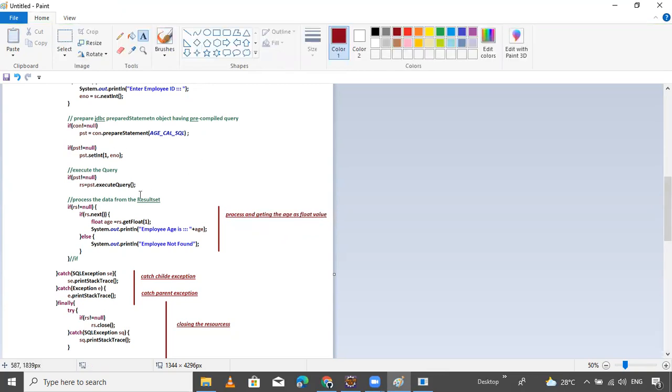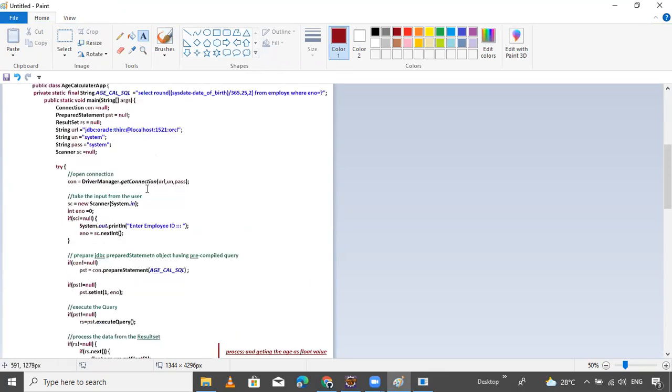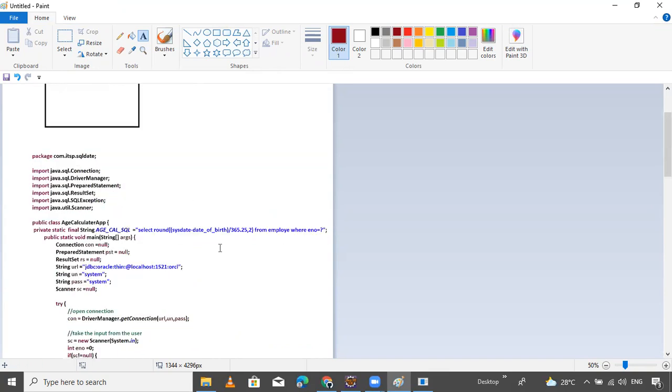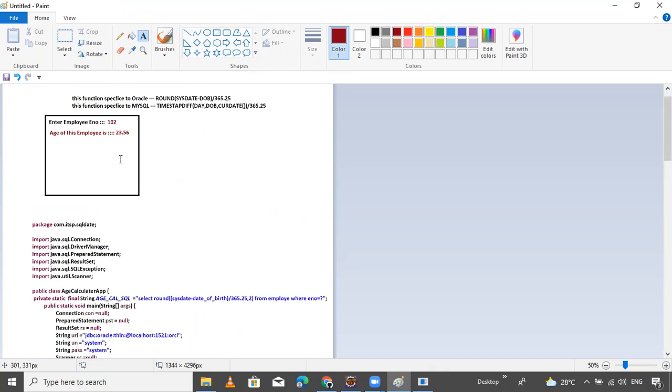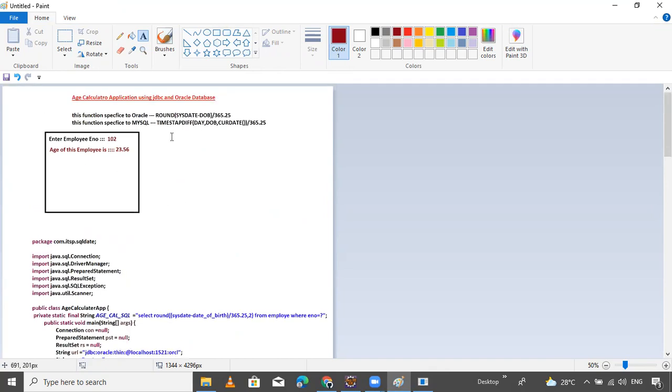That's it. Now here checking, these things are same. This is the query, this is the connection, this is the query. That's it. But this is our application idea. If you are using MySQL database, then use this timestamp. That's it, nothing else.